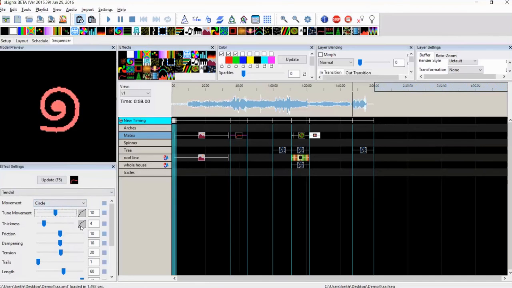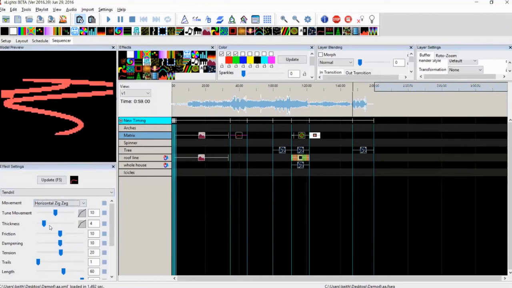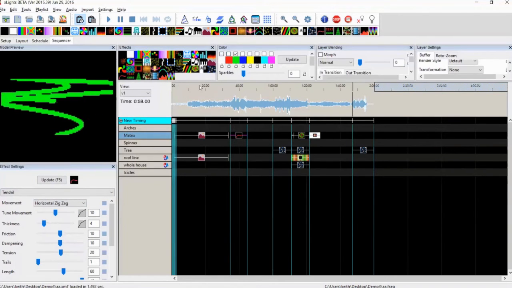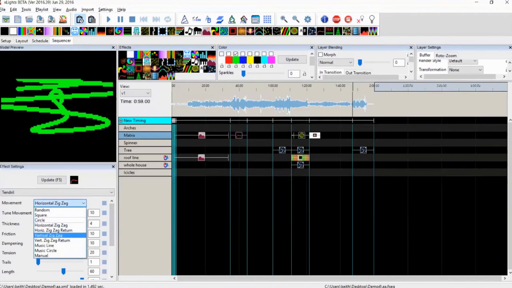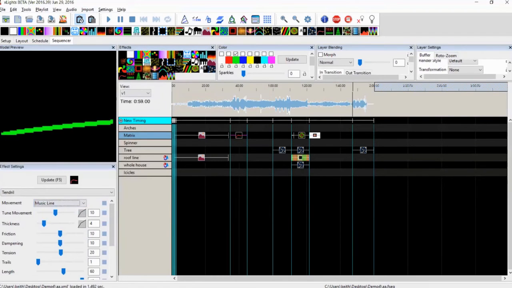Some of these things also have value curves, so you can change the thickness over the course. The horizontal zigzag, this is actually pretty cool. You set the color to green, and at times it almost looks like a tree, the way it swings up and down. And there's a vertical and a return and whatever. Then there's the music line. This one's interesting because